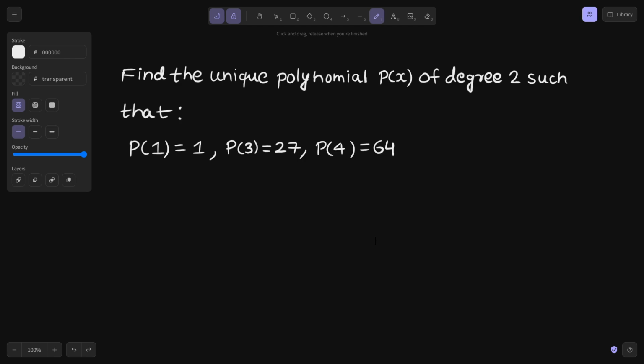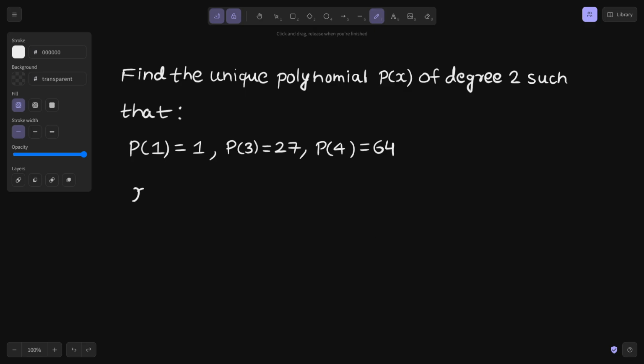So let's solve one more problem from finding a polynomial from a set of values. It is given: find the unique polynomial p of x of degree 2 such that the value of the polynomial at 1 is 1, at 3 is 27, and at 4 is 64. It's a polynomial in x, so